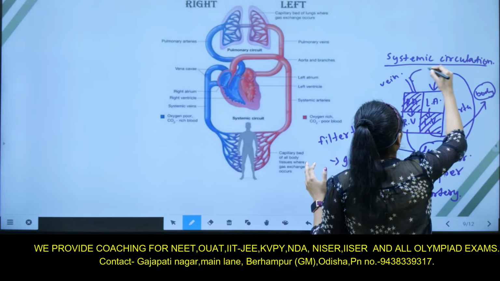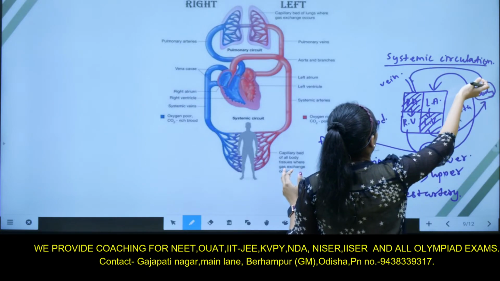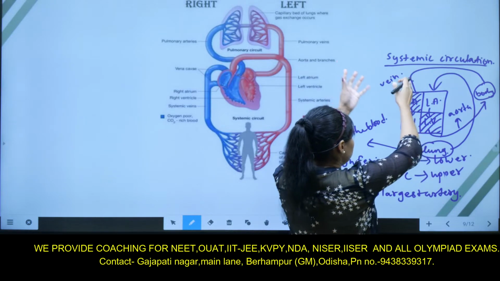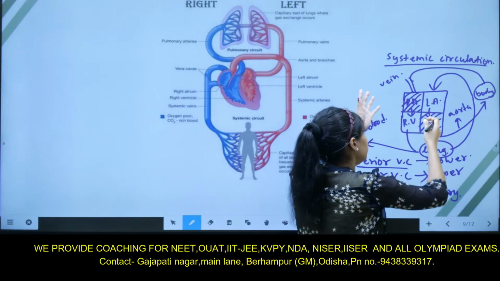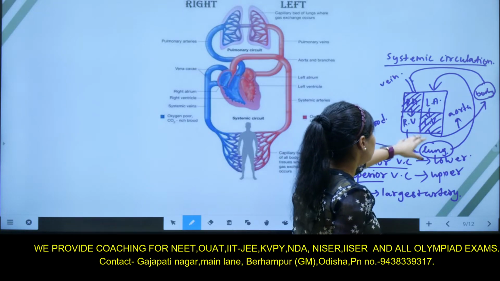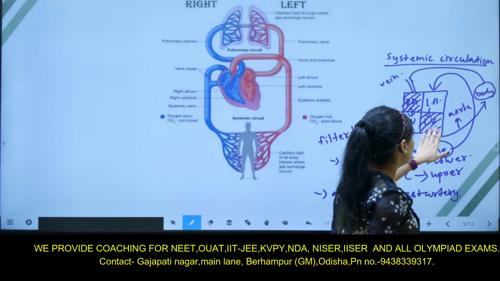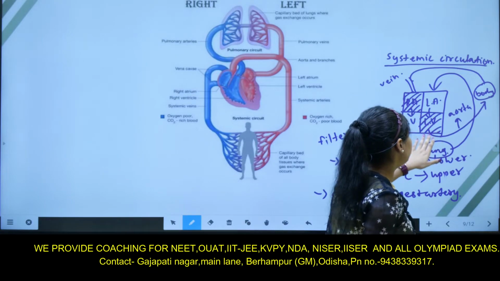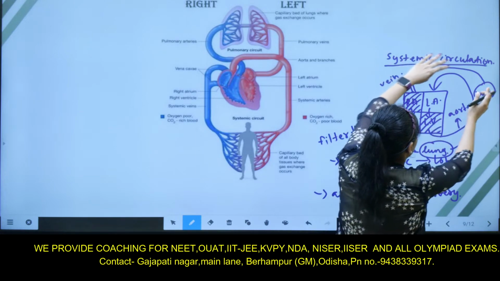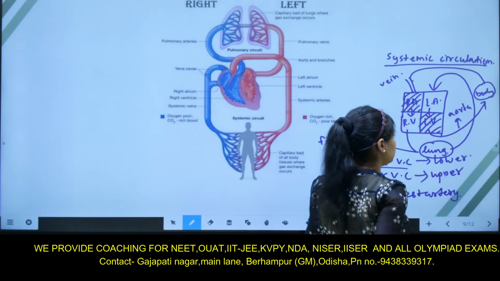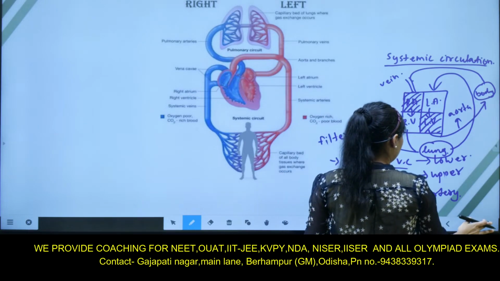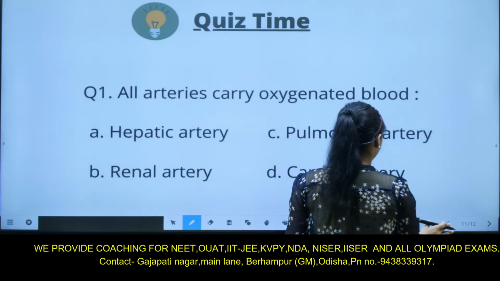So from the body, all the deoxygenated blood is collected through the superior and inferior vena cava, then it comes to the right auricle, and after that the pure blood comes to the left ventricle and it will pass it to the body. So this part is known as systemic circulation. The first circulation, first complete circulation